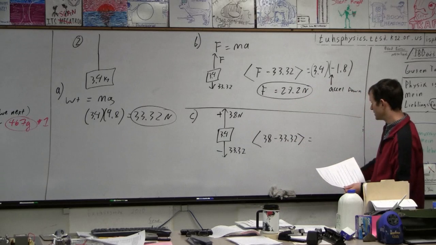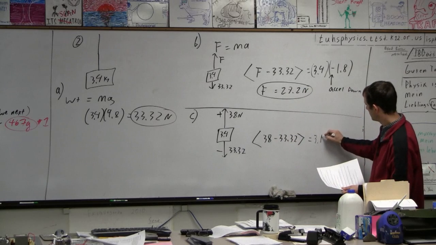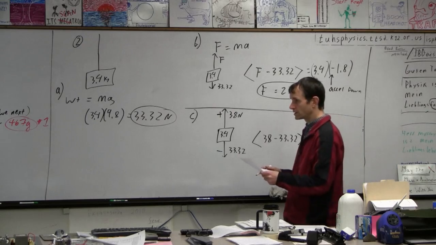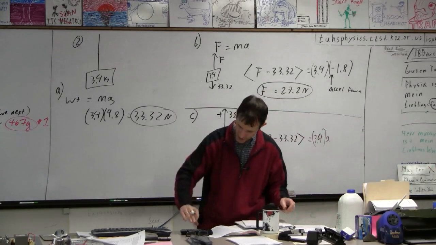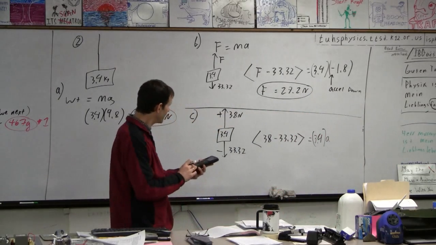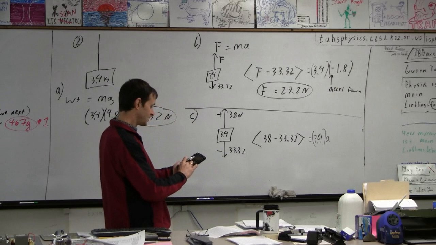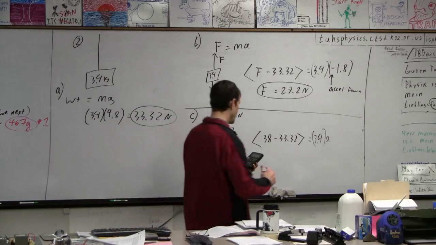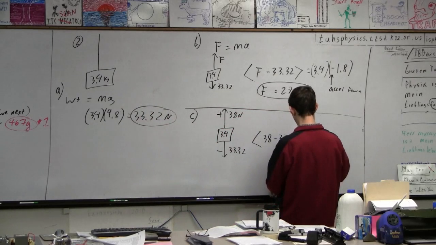So 38 minus this equals 3.4 times our acceleration. So 38 minus 33.32, I get 4.68, now I'm going to divide by 3.4. And I get A is